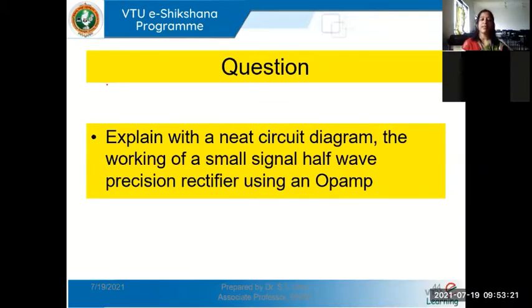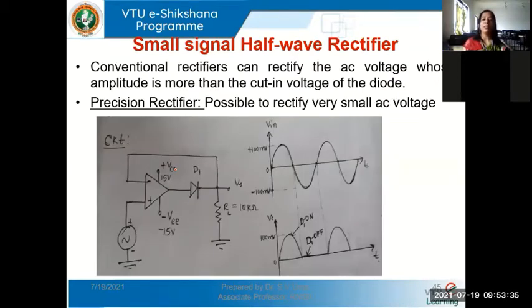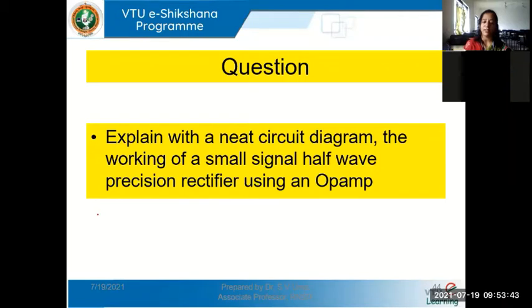The questions asked can be something like this. Explain with a neat circuit diagram the working of a small signal half-wave precision rectifier using an op-amp. And as I was telling you in our first class on rectifiers, what is the problem with an ordinary rectifier? An ordinary diode rectifier, though it rectifies the input sine wave to a half sinusoid, whatever peak voltage I have for the input,